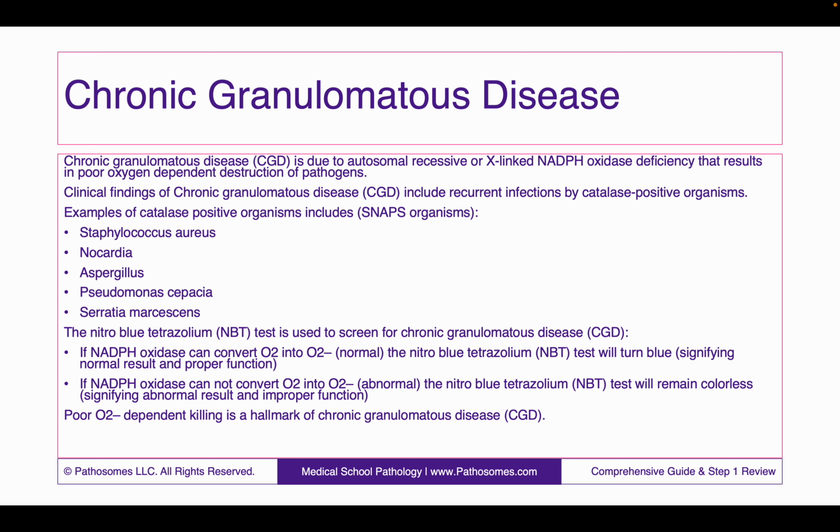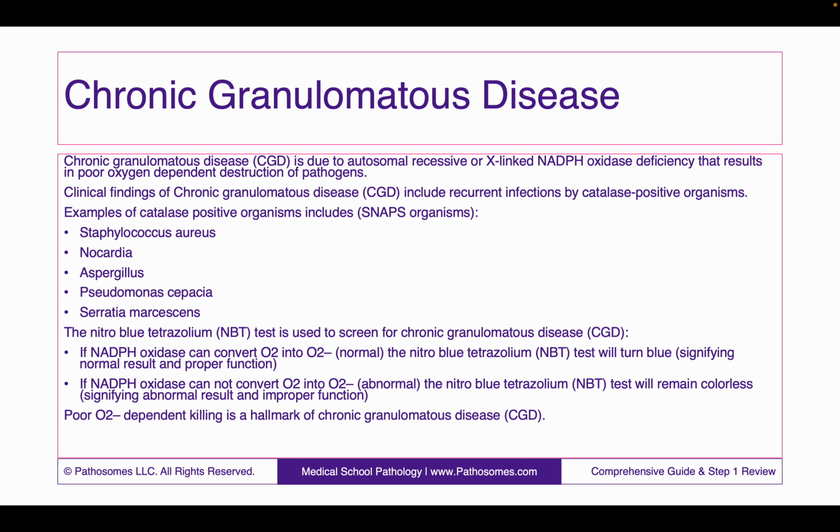Another condition to be aware of is chronic granulomatous disease. Chronic granulomatous disease is due to autosomal recessive or X-linked NADPH oxidase deficiency that results in poor oxygen-dependent destruction of pathogens. Clinical findings of chronic granulomatous disease include recurrent infections by